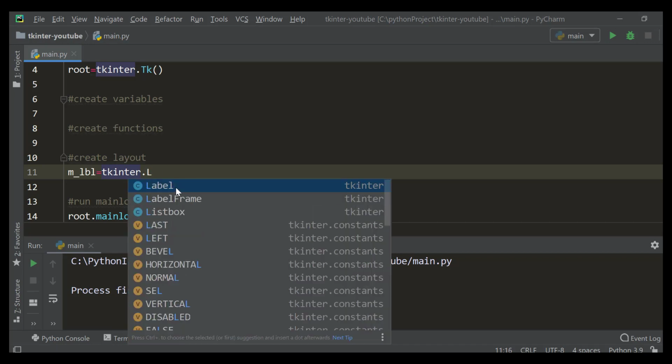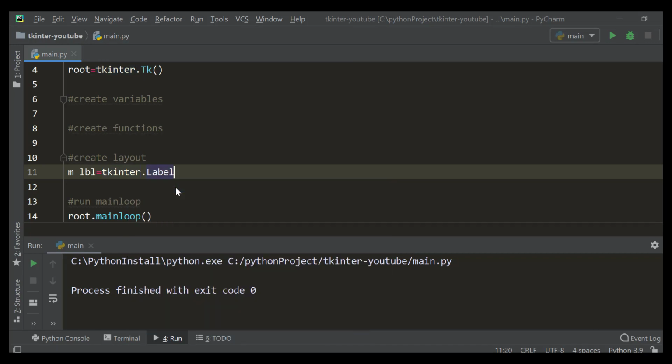When we instantiate the Label class from Tkinter and we are creating an object meter underscore label, we have to pass certain values. Some of them are optional, but the important one which needs to always be there is where